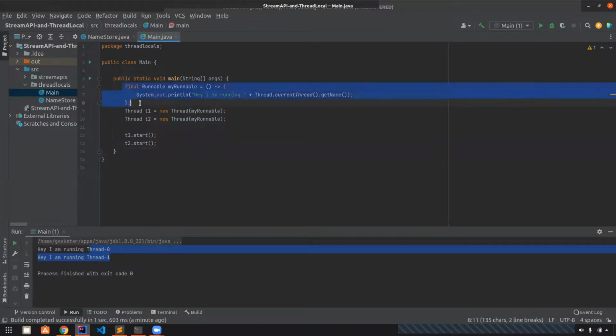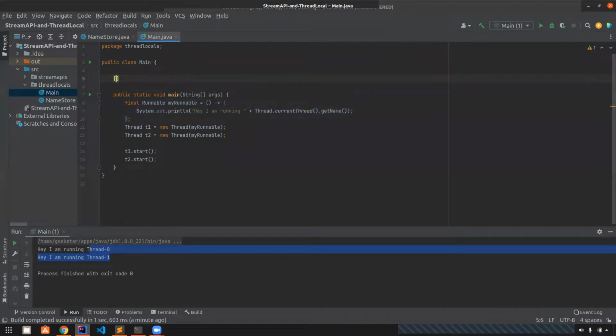This is not a shared variable. It's just a simple thing that implements something. It has its own functionality and it just executes. The problem occurs when you have something like this. Let's say private static integer count equals 0. When you start using this,